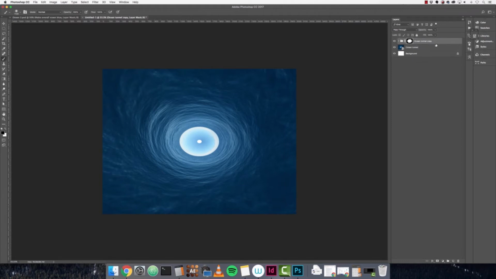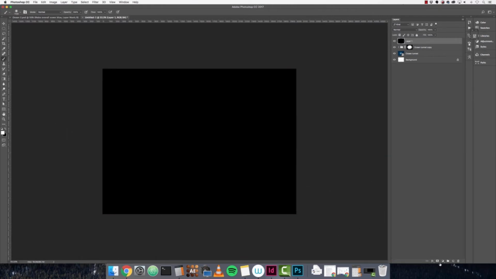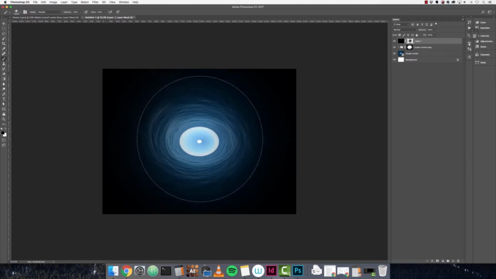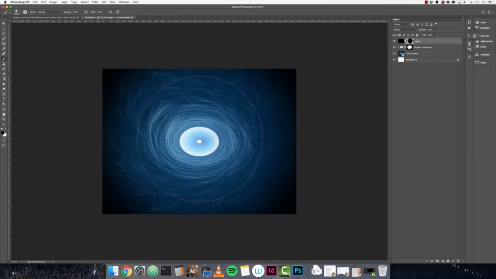Last thing I will do to make this scene look a little bit better is create a vignette, and that's just a black fade around the edges of the canvas. So to do that, I'll create a new layer. I'll fill it with black and add a mask. And now I'm just going to make a really large brush, and with the mask selected, just clicking in the middle a few times until we get something like that. So now we have our vignette,